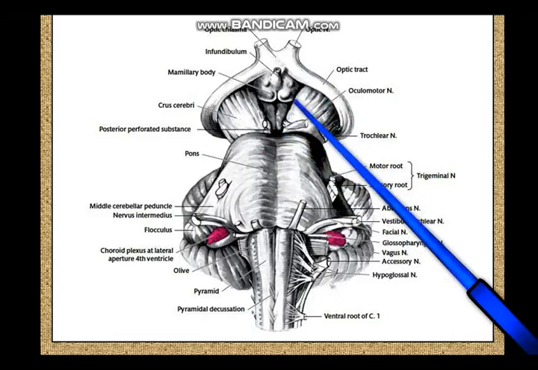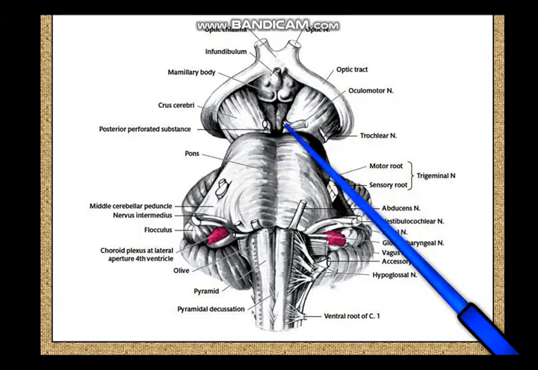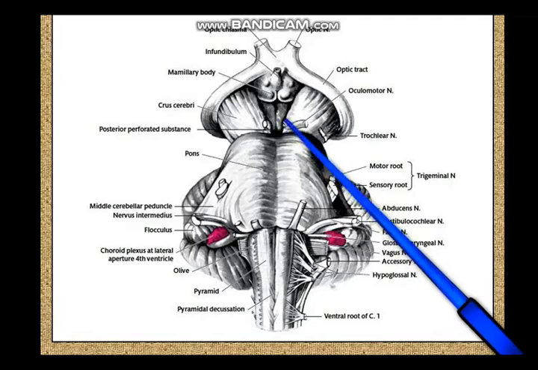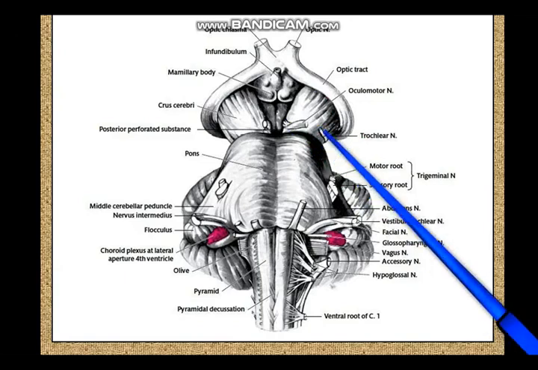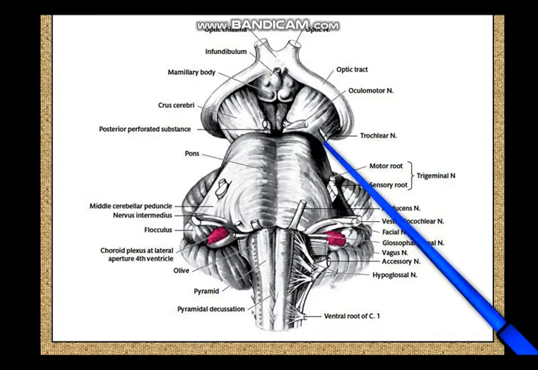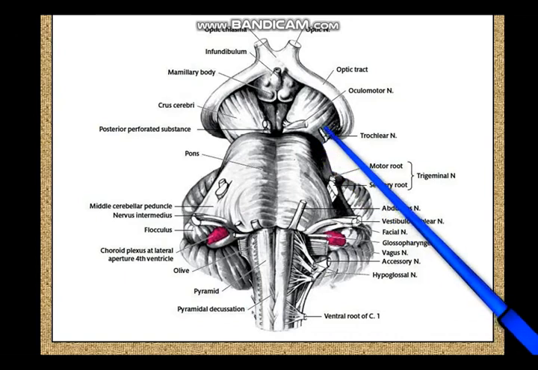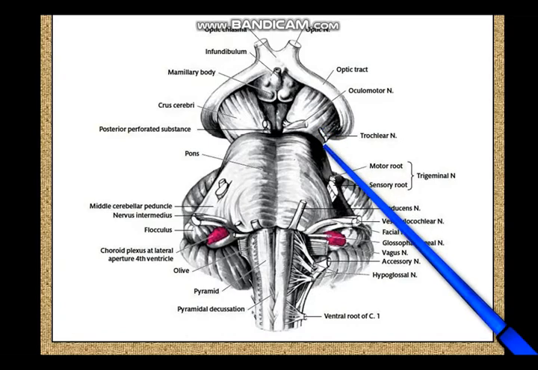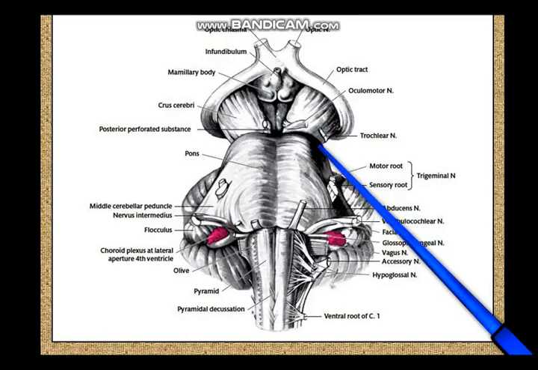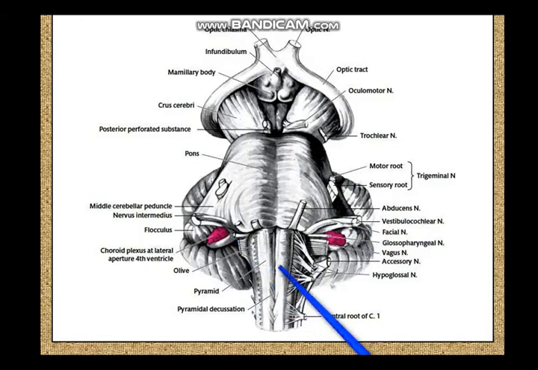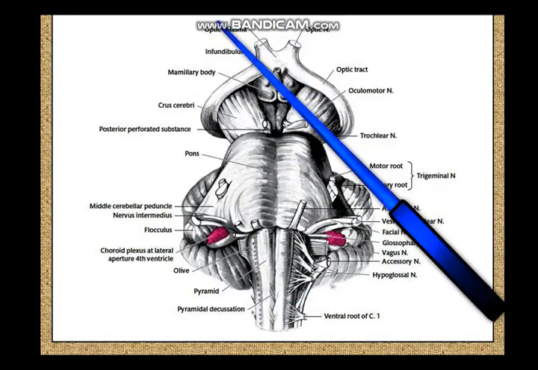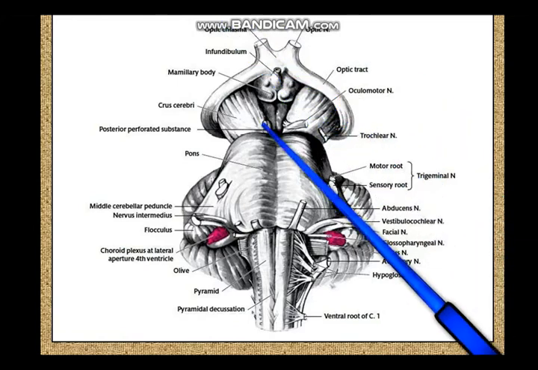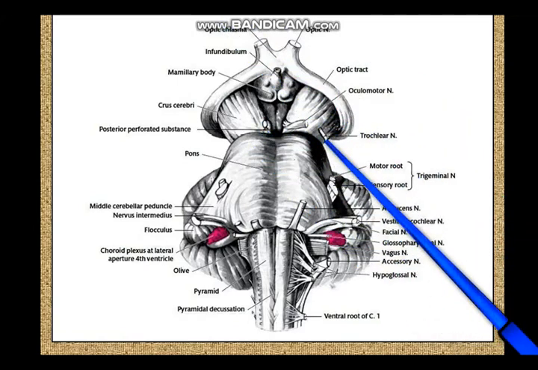And you can make out that from the medial margin of the crus cerebri, appearing to emerge from within the interpeduncular fossa, you have the oculomotor nerve. And from the lateral border of the crus cerebri you have the trochlear nerve. The trochlear nerve arises from the posterior surface or the dorsal surface of the brainstem. It is the only cranial nerve which arises from the dorsal surface of the brainstem. All the other cranial nerves arise from the ventral surface of the brainstem. So you cannot see the olfactory nerves over here, but you can see the optic, oculomotor and trochlear.